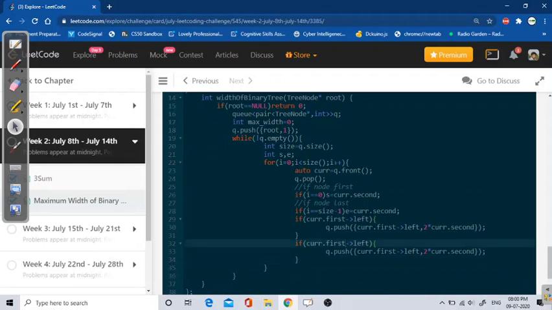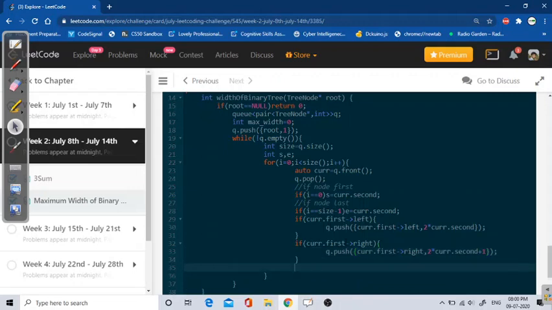So for that I have to check if my current dot first right is not null, means I have a valid right node. So I will move in the right direction, and here the index value will be 2 into current dot second plus 1.